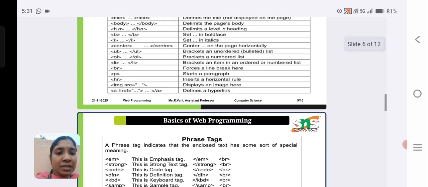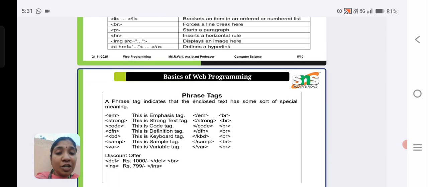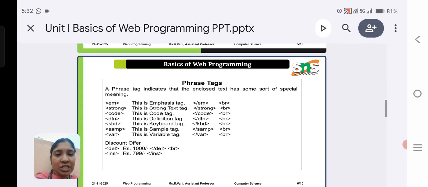And then in this next series, the continuation of the series, we are going to see what is phrase tags and how it is useful in HTML. A phrase tag indicates the enclosed tags with some sort of special meaning, for example, emphasis, strong, code, definition, keyboard, sample, variable, delete, insert. These such kind of tags are used to